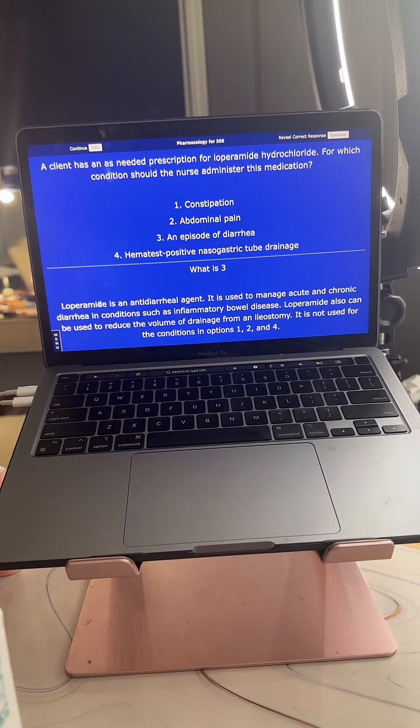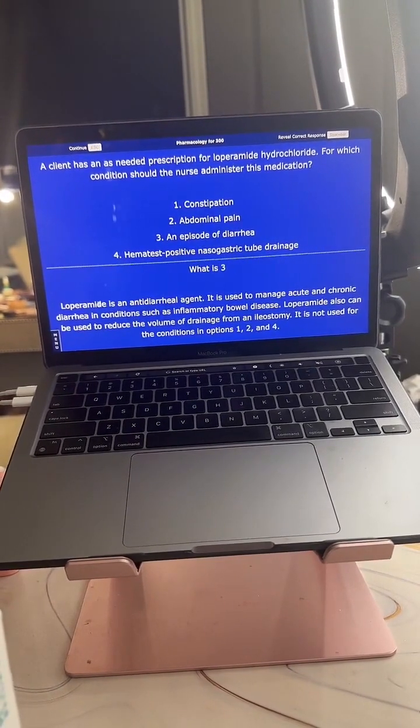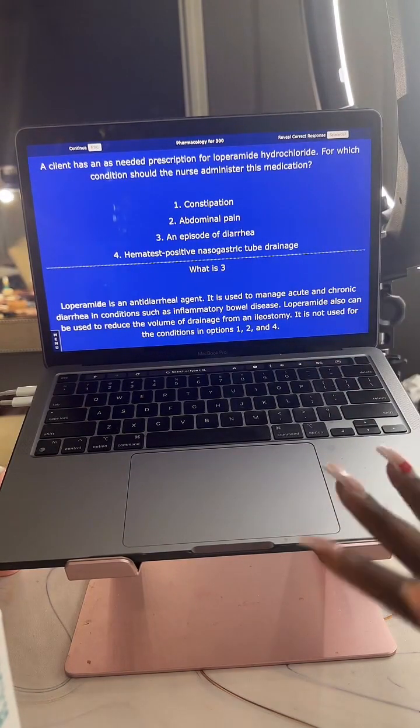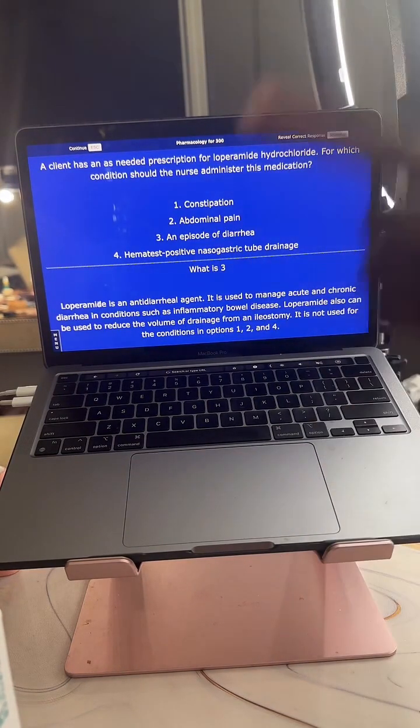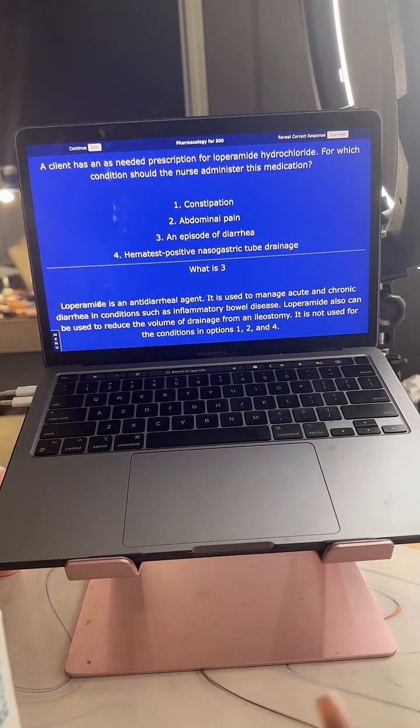I said any medication tips. I'm sorry, that's the main thing we're having trouble with. As far as tips for learning medications and pharmacology, my top 2 tips: 1, practice. The more you practice, the more medications you'll come across. It's the best way to learn. And 2, when you're learning the medications and doing your drug cards, focus on the classifications and study by the classifications versus just the individual medications.